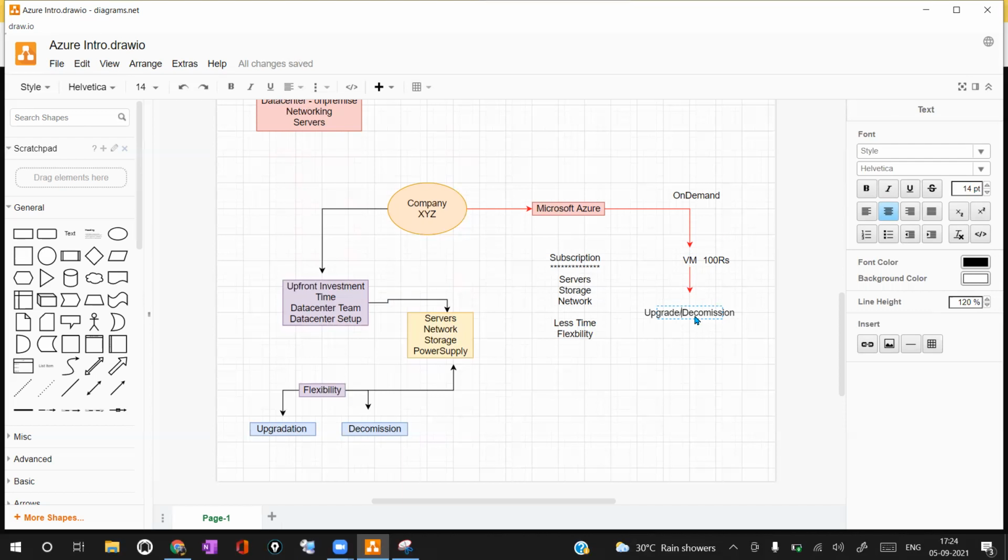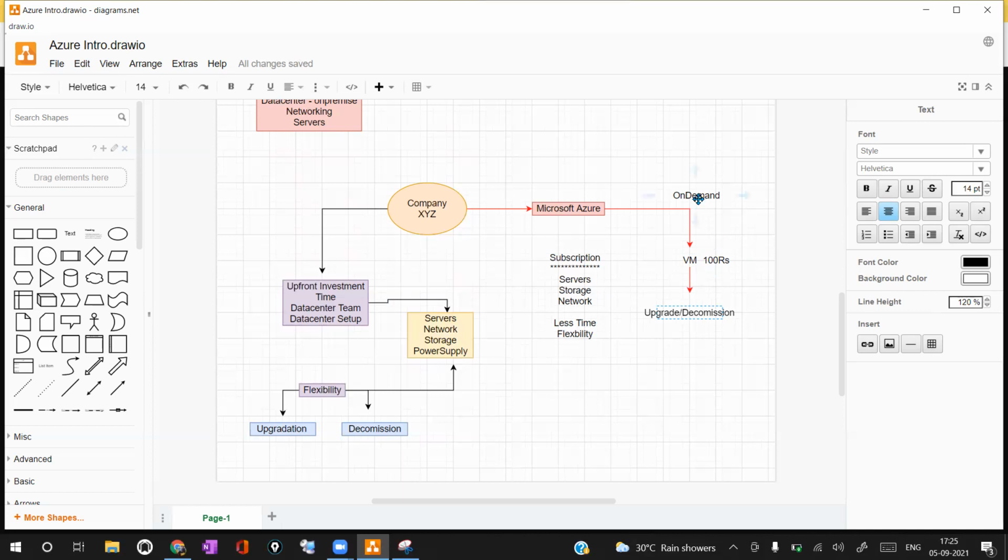And again, you need a backup plan, and if anything goes wrong during the upgrade, you need secondary plans and rollback options. Whereas in Azure, we can take a backup easily, and you can upgrade and decommission fast. So the time consumed for all these operations is very minimal, you have a lot of flexibility, and you invest much less money when it comes to Azure.